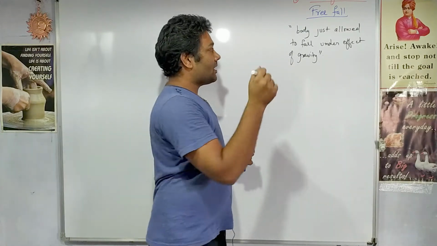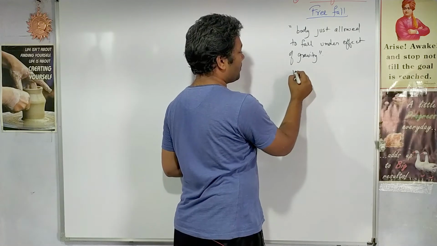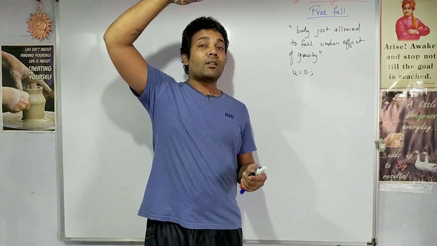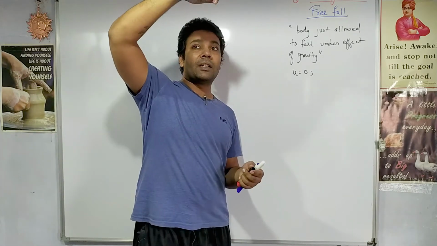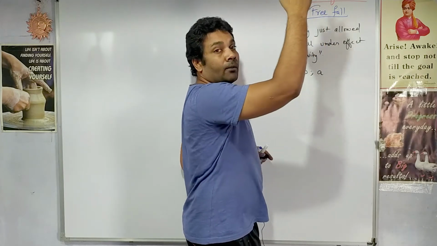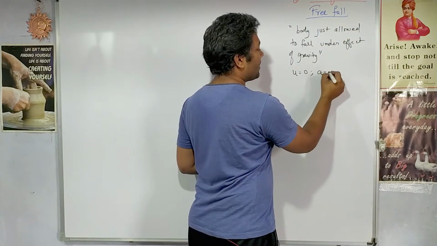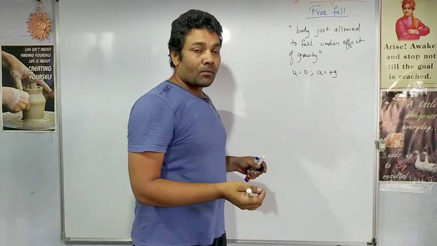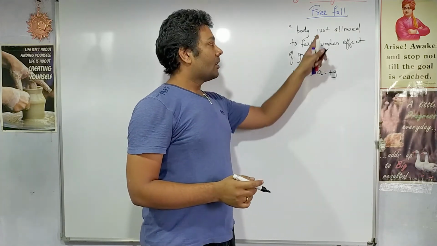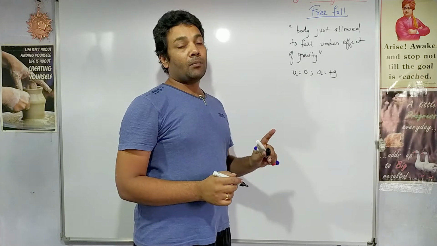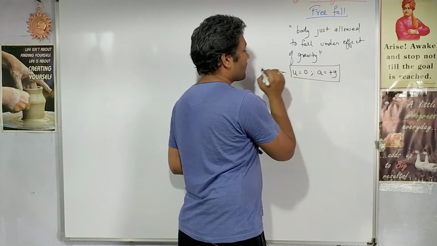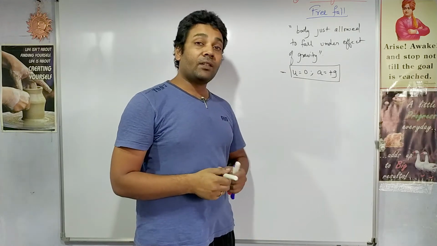So the technical points which are to be considered here: I am just releasing a body. As soon as I release, the thing to be observed is that initial velocity is 0. The body starts with zero initial velocity. I am not throwing it, I am just releasing it. Free fall, it is falling from top to the bottom, so compulsorily acceleration will be plus g. When the body is thrown up, acceleration will be minus g. In a free fall, acceleration will be plus g. So these are the two technical aspects which must be remembered in a free fall.